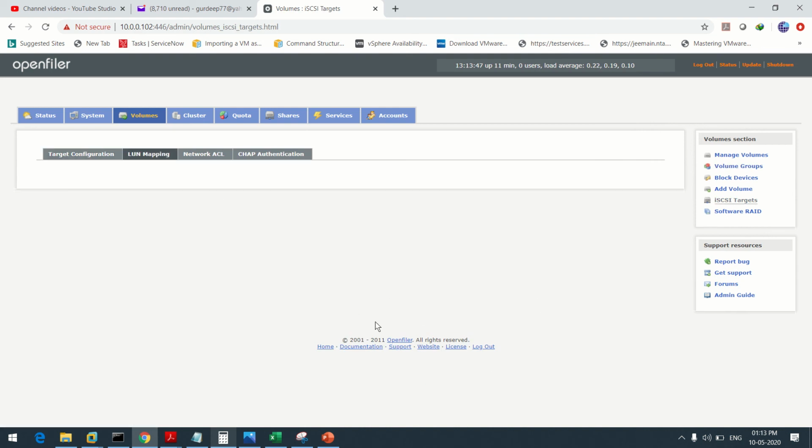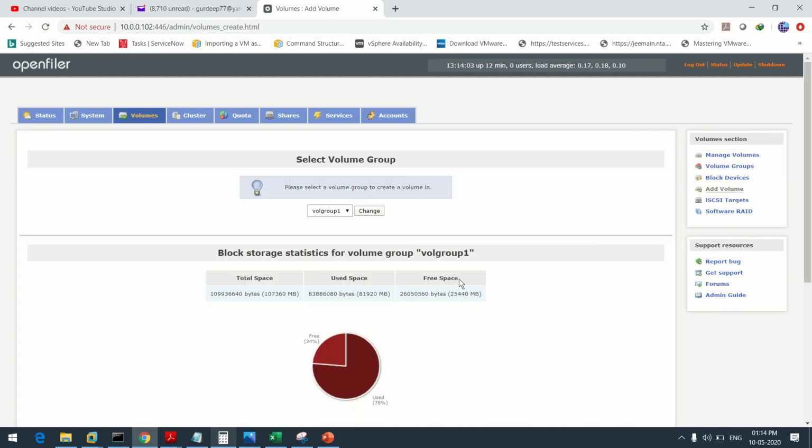LUN mapping. No LUNs are there. Add volumes. Okay.